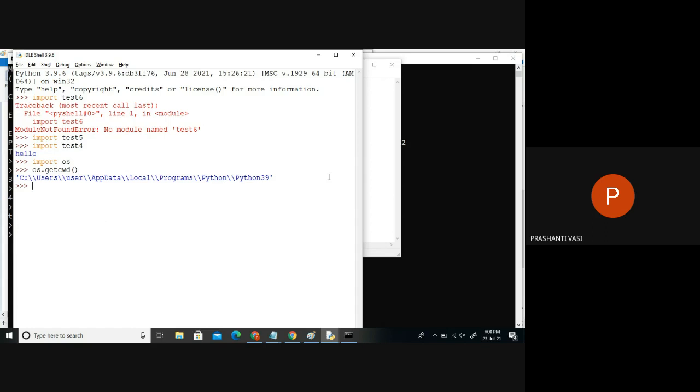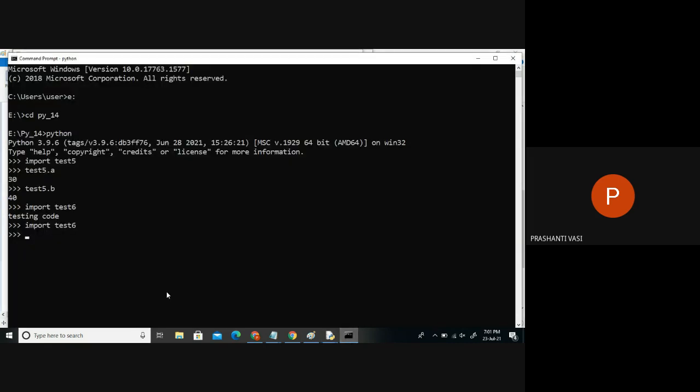So, do I want to run the program from here, or is the program in some other folder? I just saw where I am currently present in Python. So, Python is presently located in which drive? C drive. The path is this one. But my program is in some other path. So, I need to go to that drive. See, in DOS command also we did the same. How did we run the program? Did we do it from the same C drive or did we change to the E drive?